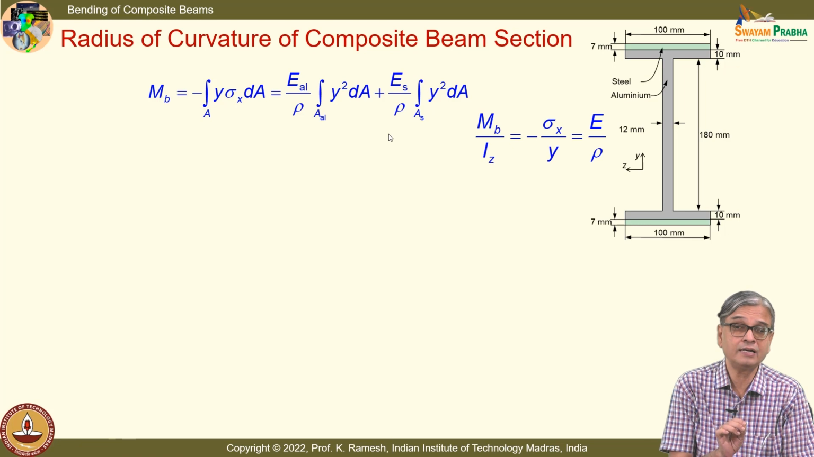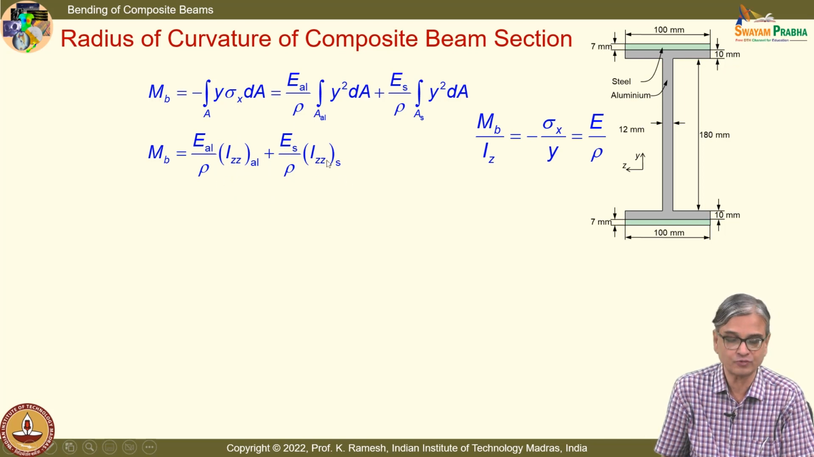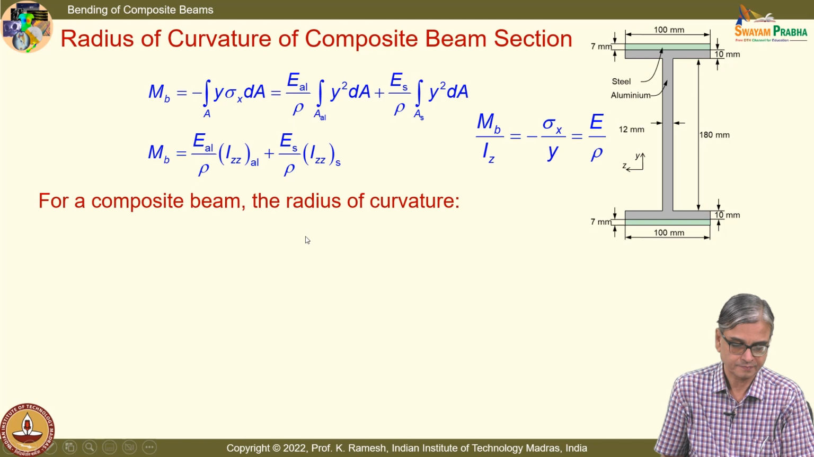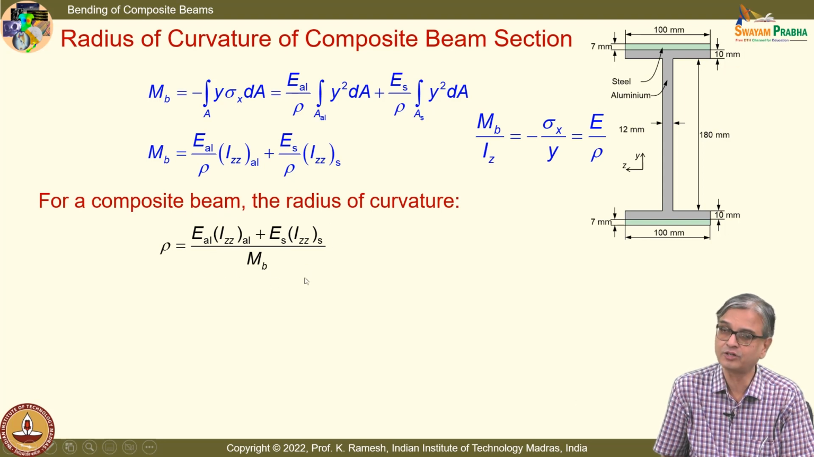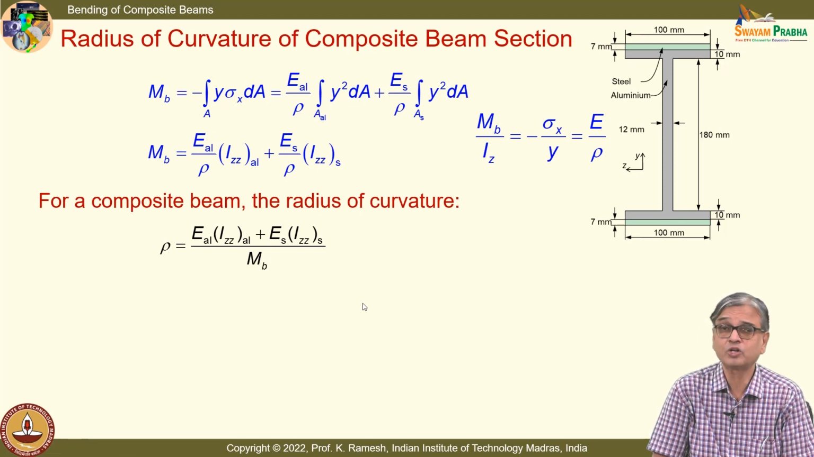I have bonded the steel plate firmly, it is integral with it. It is done by riveted joint. If they are separate, I cannot write like this. Because they are integral, I can write like this. I can simply write this in known expressions which we have already calculated: E aluminum I ZZ of aluminum divided by rho plus E steel I ZZ of steel divided by rho. And we want to find out what is radius of curvature. That is simply E I of the material 1 plus E I for the material 2 divided by bending moment. So, very, very important relationship. This is mainly because it is bonded